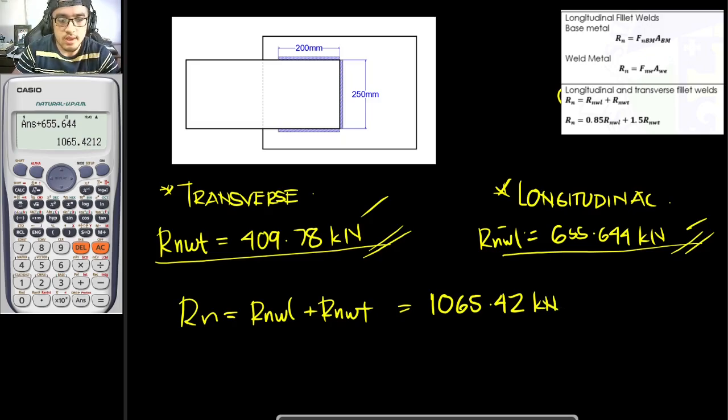Okay, so that is for this formula. And for this formula right here, Rn is equal to 0.85 RNWL plus 1.5